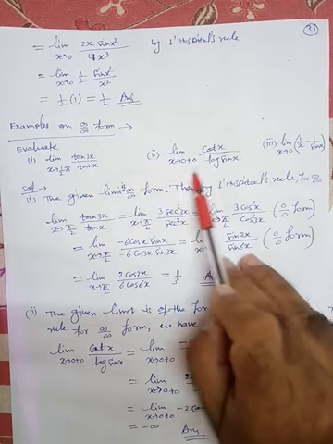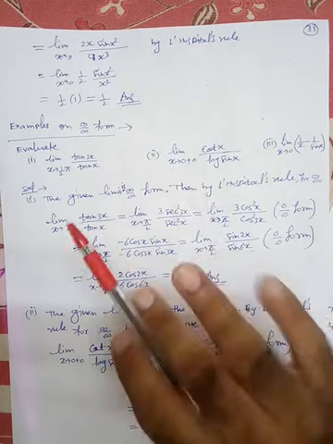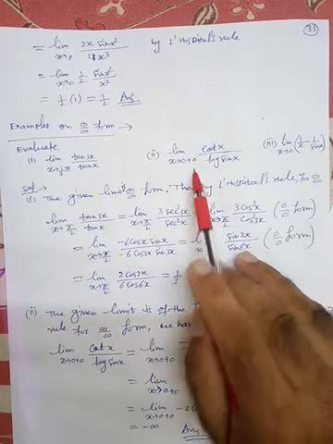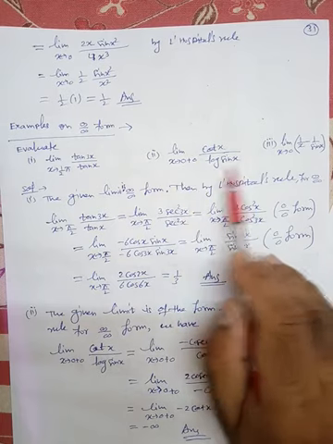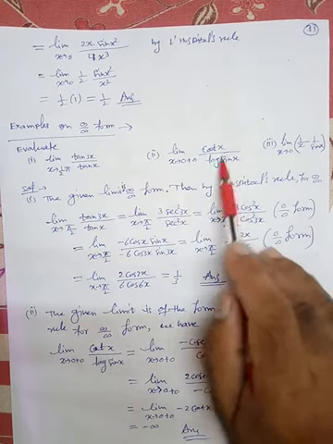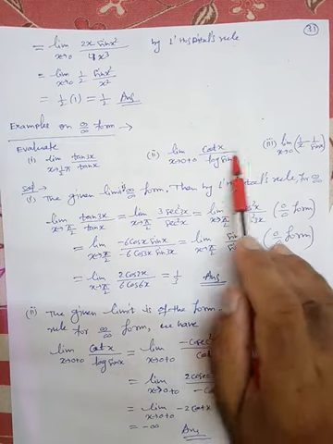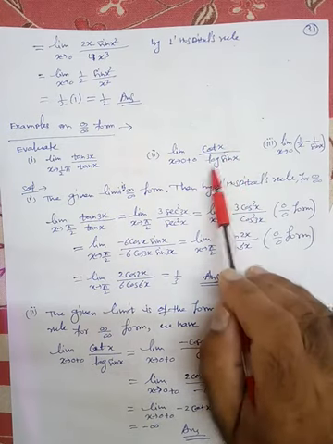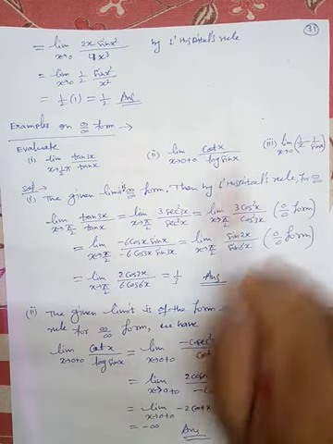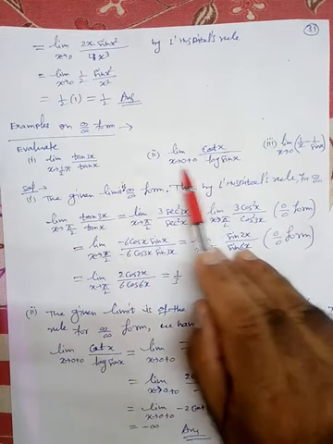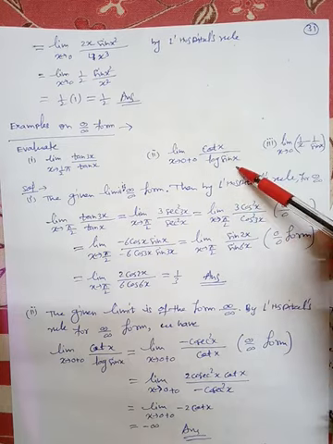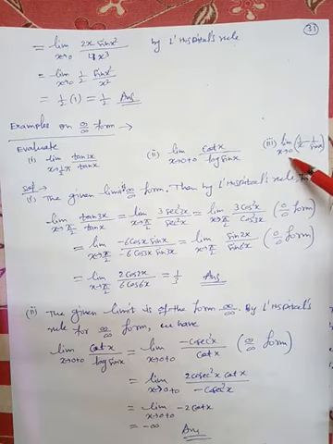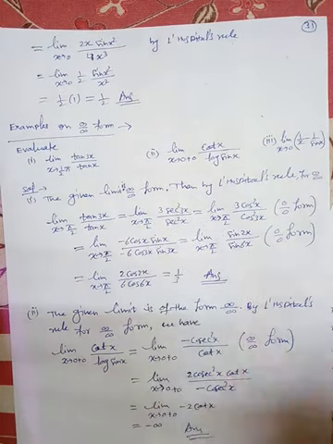Here we are evaluating only the right hand side limit, not considering the left hand side limit. Why? Because if we put 0 minus 0 here, then log may get a negative value, and if it becomes negative, then what will happen? Log will not be defined. Okay, that's why we are taking only the plus sign. Fine. Function is cot x divided by log sin x. Third is limit x tending to 0, 1 upon x minus 1 upon sin x. So now solve one by one.